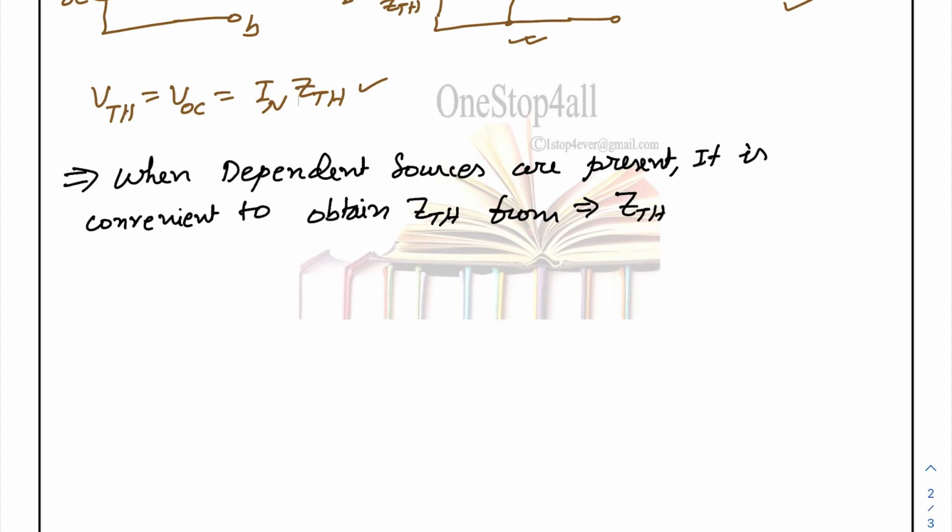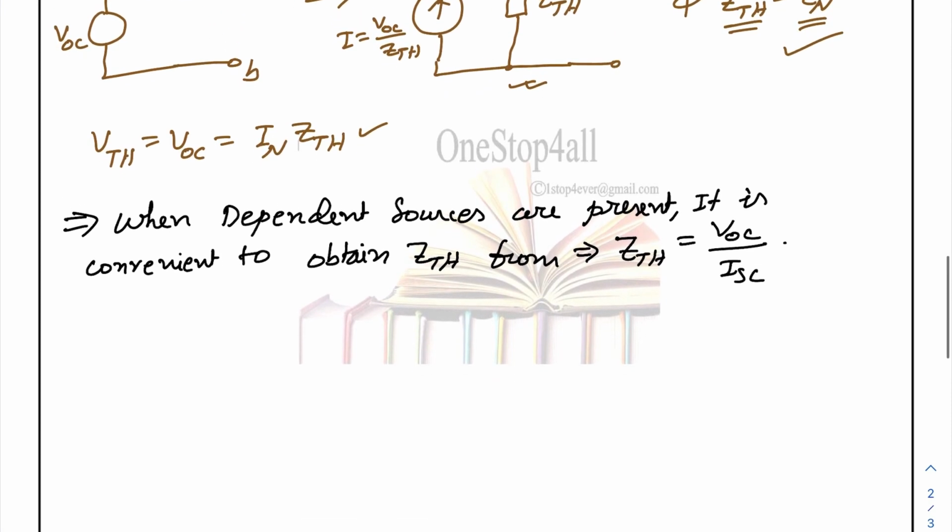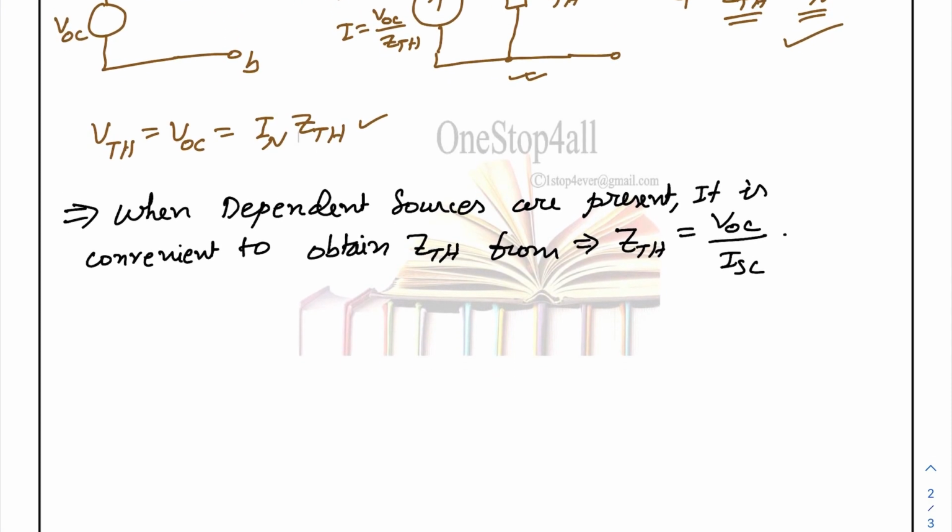ZTH इक्वल टू आपको क्या निकालना है, ओपन सर्किट वोल्टेज निकालना है डिवाइडेड बाय शॉर्ट सर्किट करंट। एक बार ओपन सर्किट वोल्टेज निकाल लीजिए उस टर्मिनल का, और उसको क्या कीजिए, उस टर्मिनल को शॉर्ट करके उसका करंट निकाल लीजिए और दोनों को रेशियो कर दीजिएगा, तो आपको थेवेनिन या फिर नॉर्टन इक्विवेलेंट इम्पीडेंस आपको निकल जाएगा।